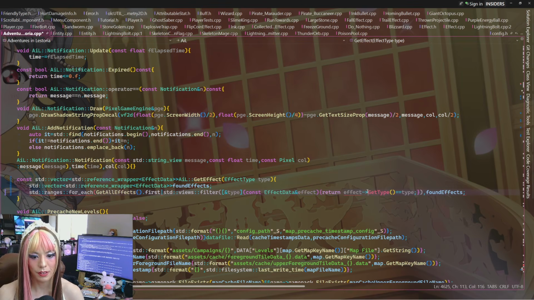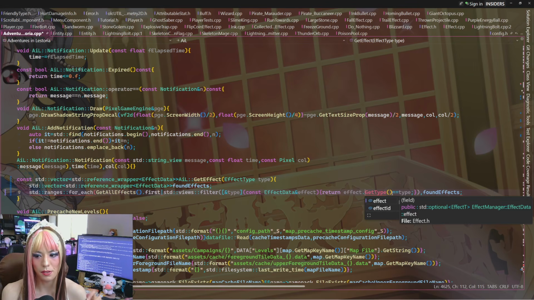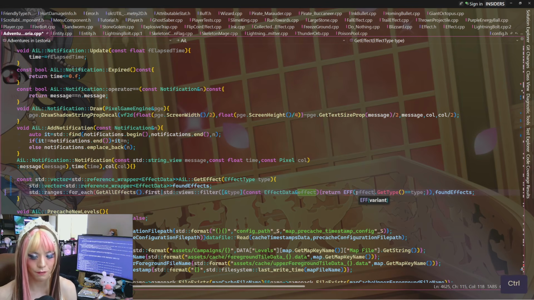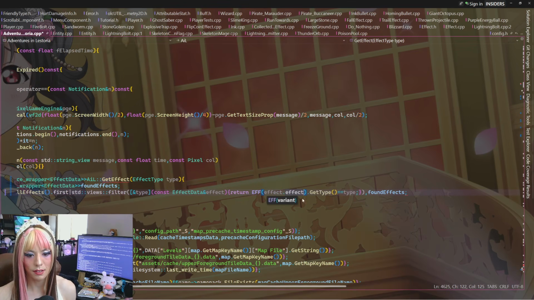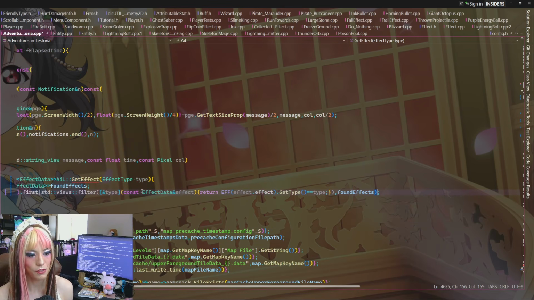And it would be effect dot... Well, we need to get type. So this is going to be like EFF wrapped around the variant, which is effect.effect, I believe. And then dot get type is equal to type gets inserted into found effects. But if this is a for each, I have to take each value obtained from the filter and insert it into found effects.